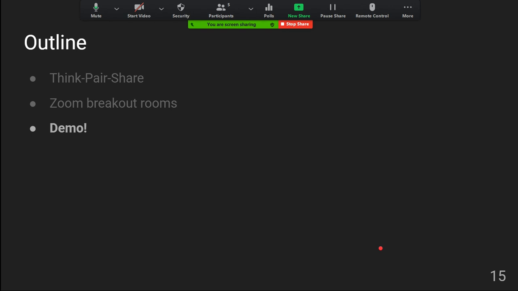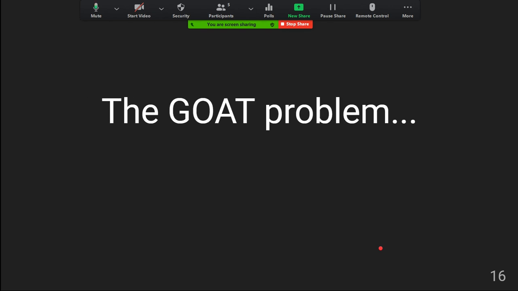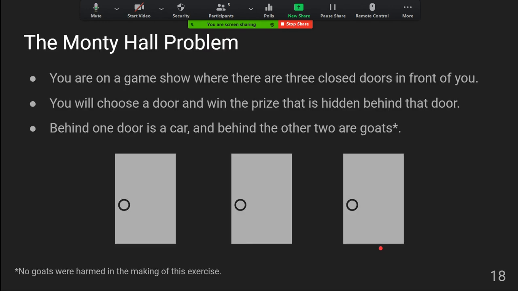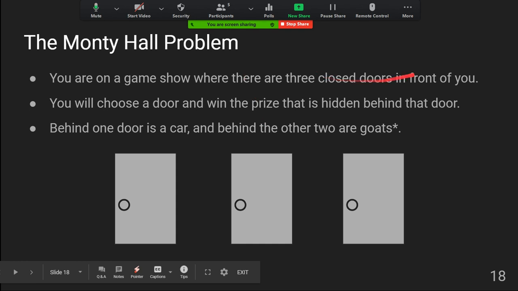Okay, so for a very quick demonstration, I just want to show how breakout rooms function with Think, Pair, Share in real time. For this, I will use the greatest problem of all time, one of my personal favorites, the Monty Hall Problem. For those who are unfamiliar with the Monty Hall Problem, imagine you are on a game show